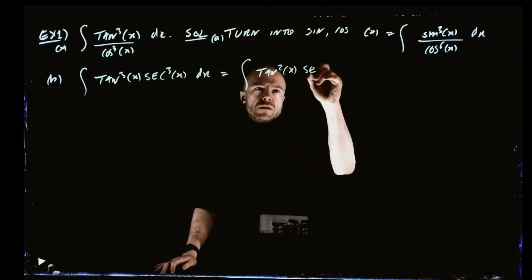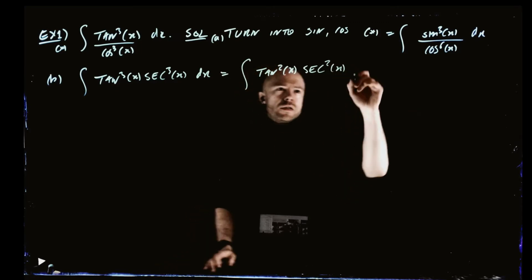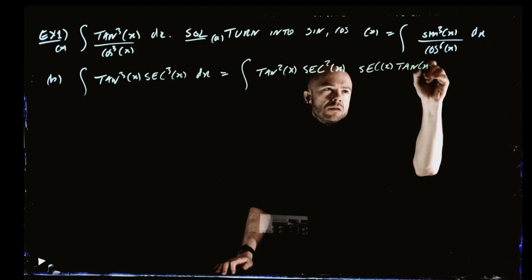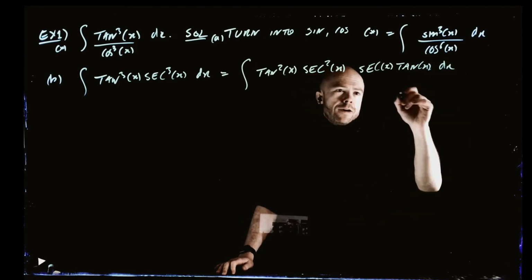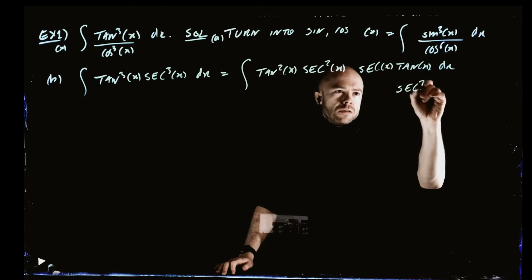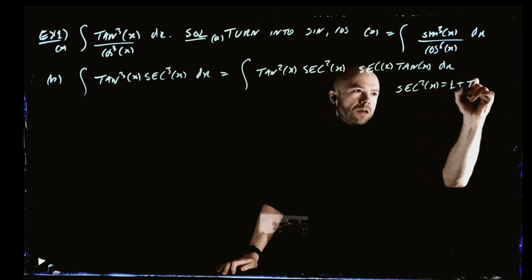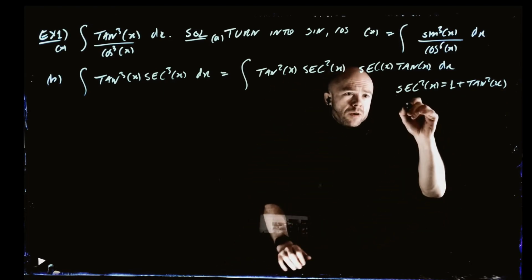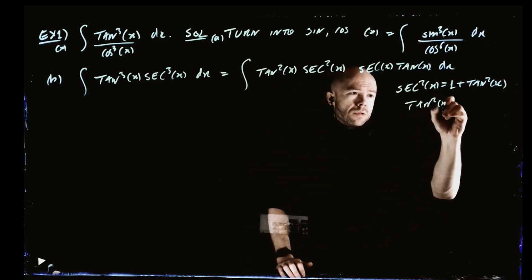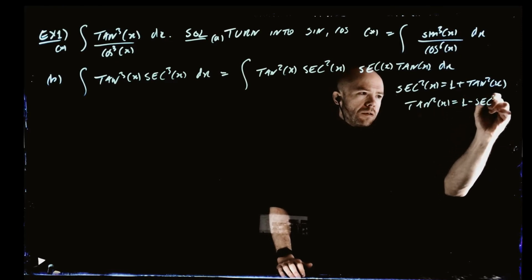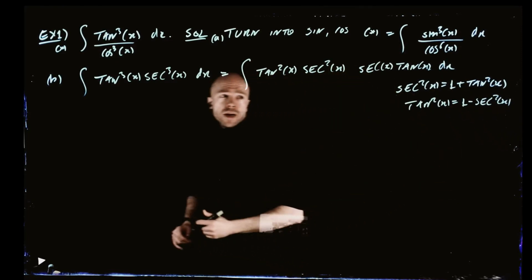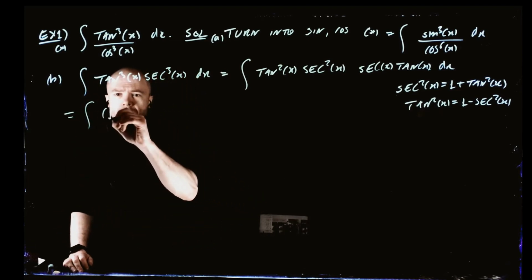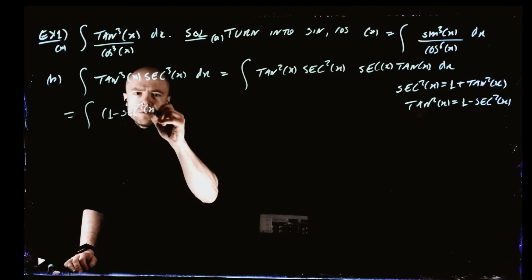tan squared, sec squared, sec of x, tan of x, dx, right? And I have my identity that sec squared of x equals 1 plus tan squared of x. So I know I can turn this tan squared into sec squared minus 1. And I can turn this entire guy into just 1 minus sec squared of x